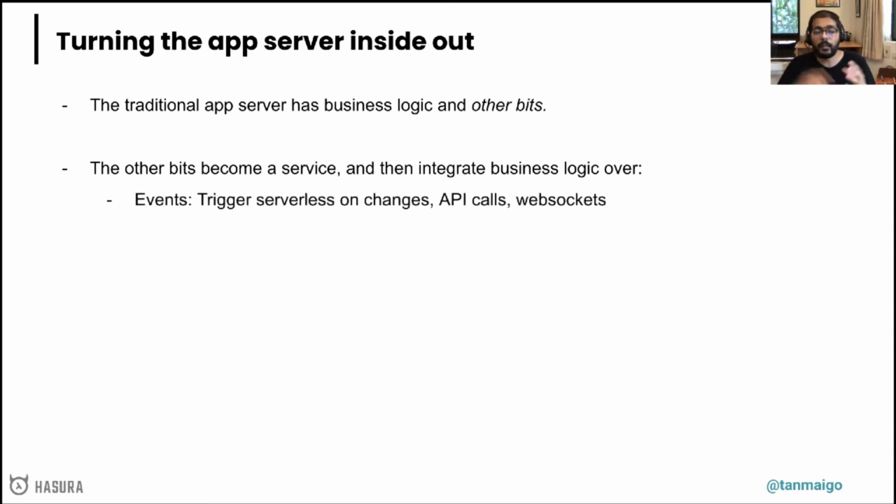One is that event-based way of dealing with it, which is that we are triggering our business logic on data changes, on API calls, on time, on WebSocket events, right? And we're pushing events back, and then the other bits of the app server, like the gateway or whatever, can pick up from that. So the events can be one contract, and the other contract is the data API, which